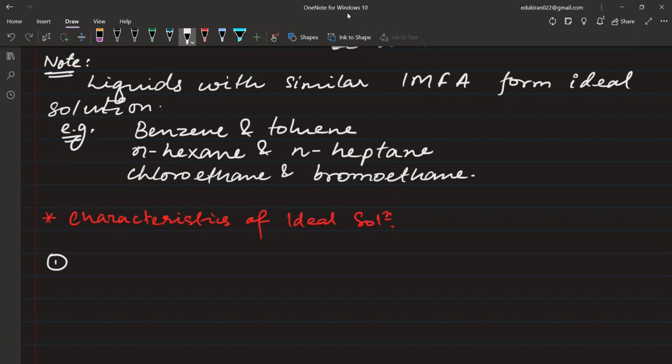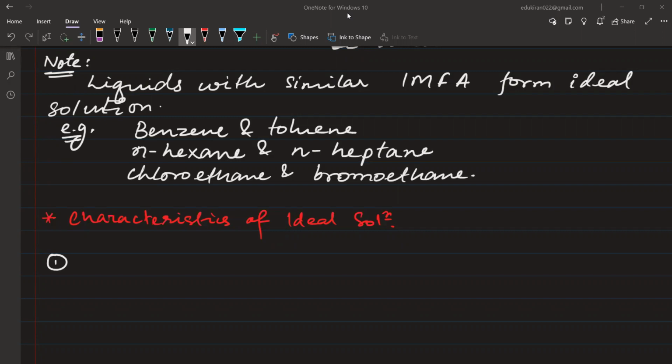If the intermolecular forces of attraction are the same before mixing and after mixing, that means in terms of forces of attraction, there is no change happening. Yes or no, please tell me. In terms of forces of attraction, there is no change happening before mixing and after mixing. Is that true? Yes. Right? That means neither are new types of attraction being formed,